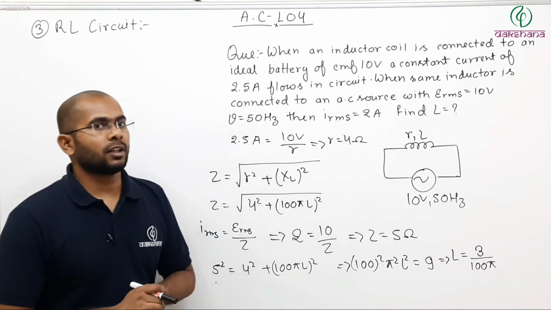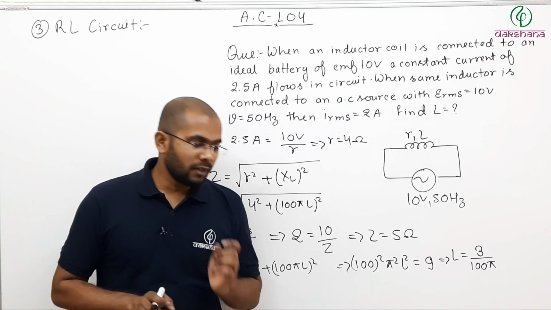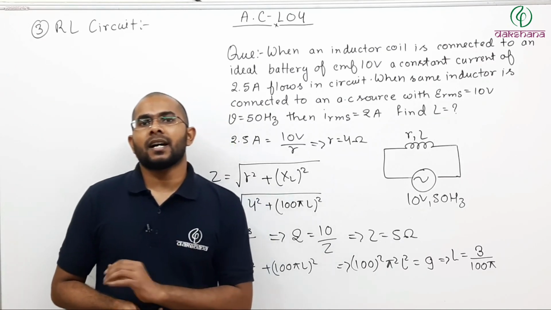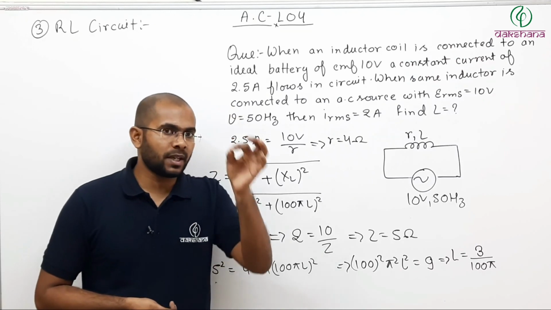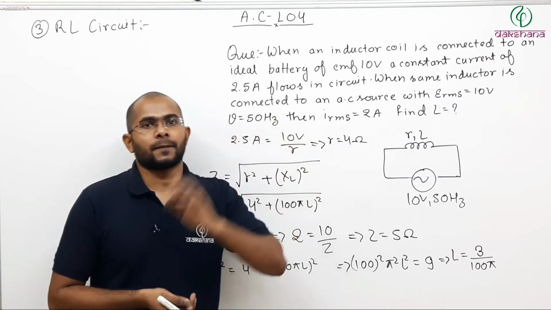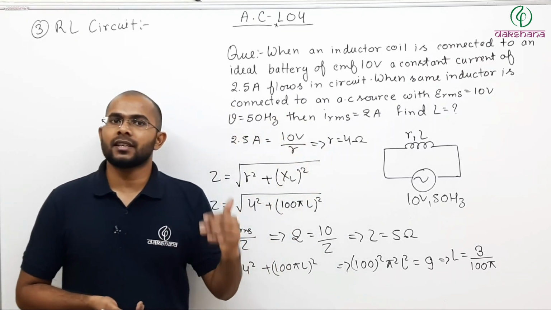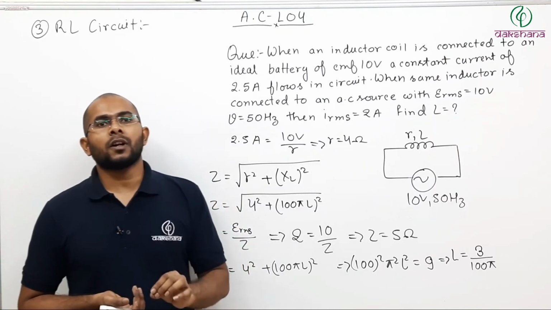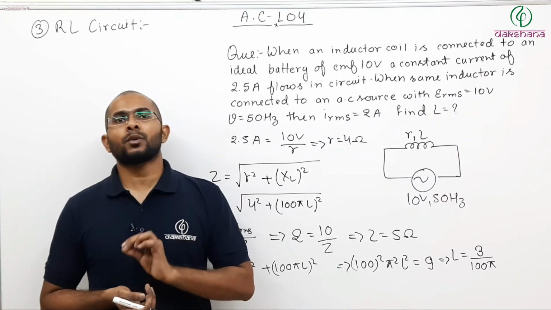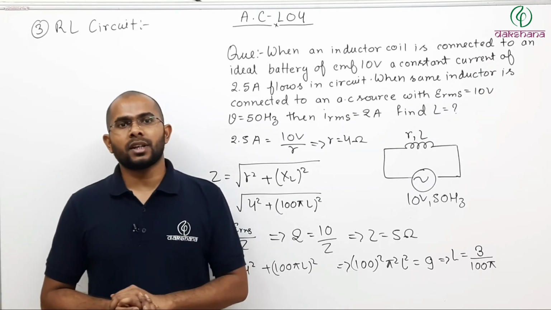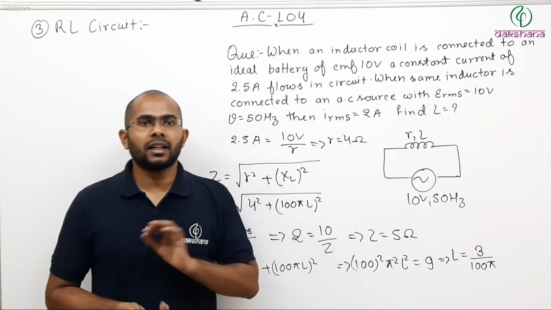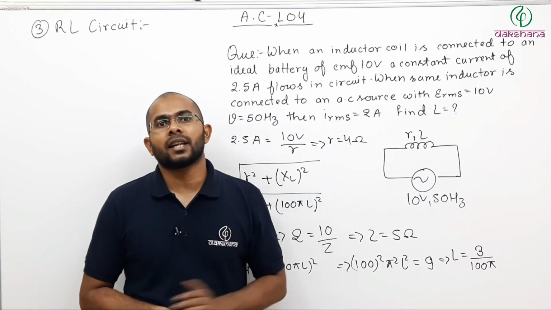In the next lecture of alternating current, we will be talking about your LCR circuit, meaning in the same circuit there will be resistance, there will be capacitor, there will be your inductor, all of them across an AC source. And we will also talk about a certain condition known as resonance condition. So what happens in resonance in an LCR circuit, that also we will talk about in the next lecture.